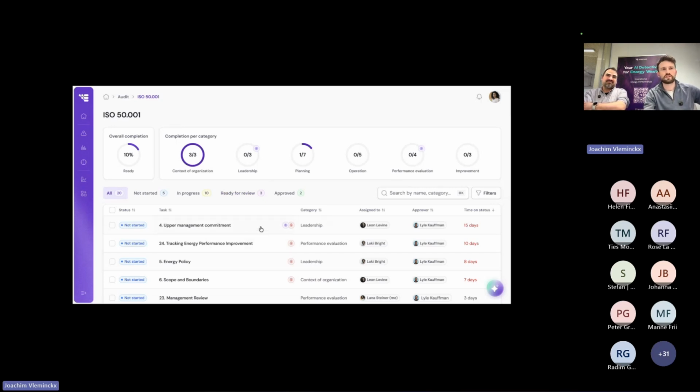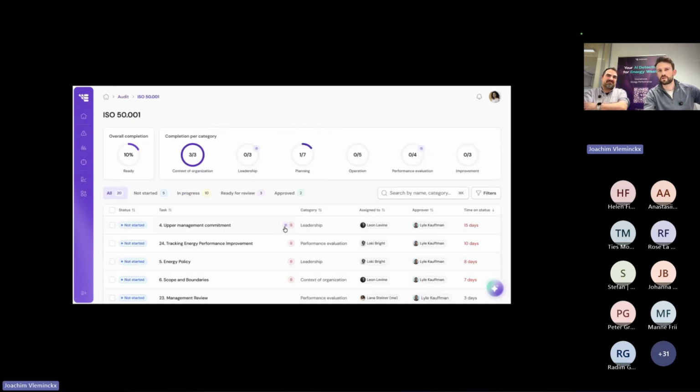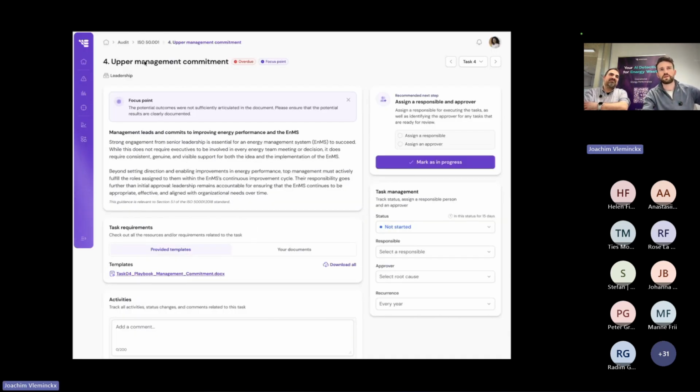So for example, if you look at the audit, you see here we did an audit this time, we were 100% ready, and you got some focus points out of that. Then you can see, okay, what are my focus points? What do I get out of this? This one, for example, is one we now have to start. It's a repeat task, and it's due soon. The last time you got some remarks on it, so it will be double checked by an auditor. And then you see, okay, this is upper management commitment, what has to be done here,